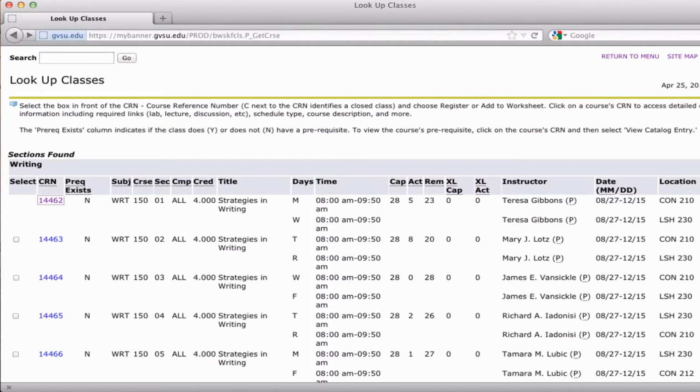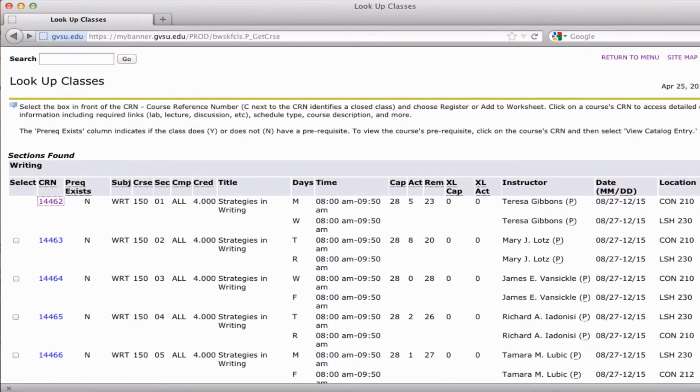by different instructors. The campus column is next and is very important to pay attention to, as it will tell you what campus the course will meet on. The two most common codes you will see are ALL, which is the abbreviation for Allendale, and PEW, which is the abbreviation for the downtown Grand Rapids campus. When selecting courses, be sure to pay attention to the campus column. Next is the title of the course, followed by the days of the week and the time the course is offered. For days of the week, M is Monday, T is Tuesday, W is Wednesday, R is Thursday, and F